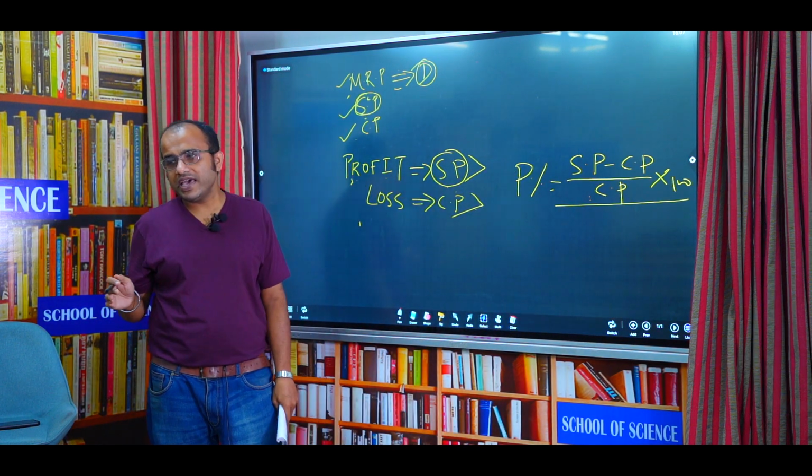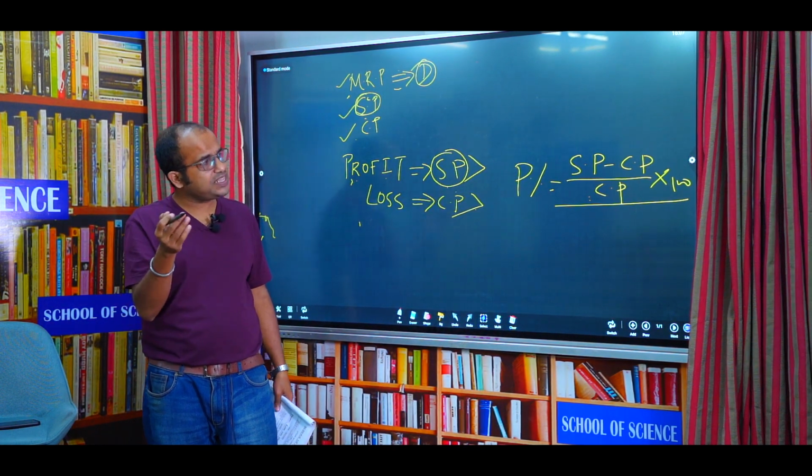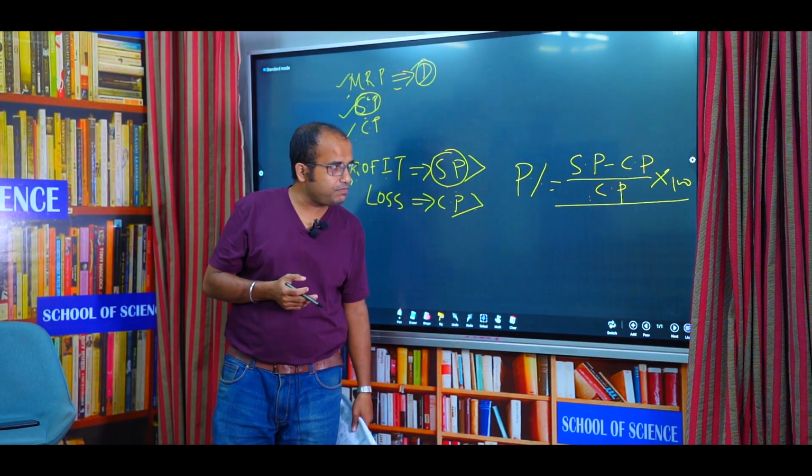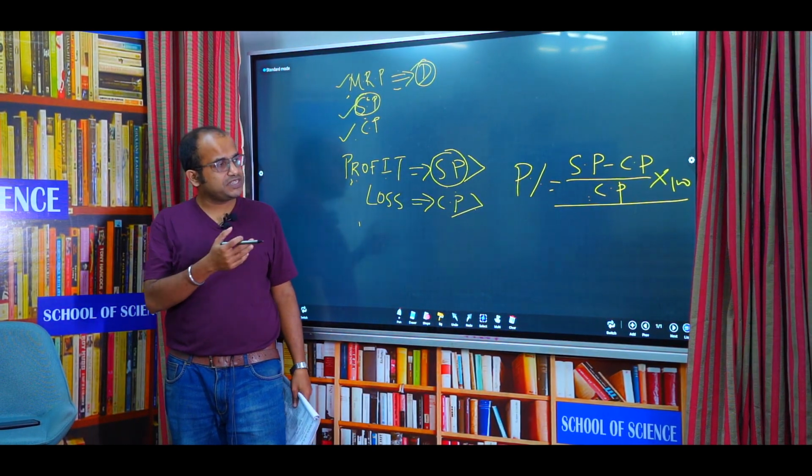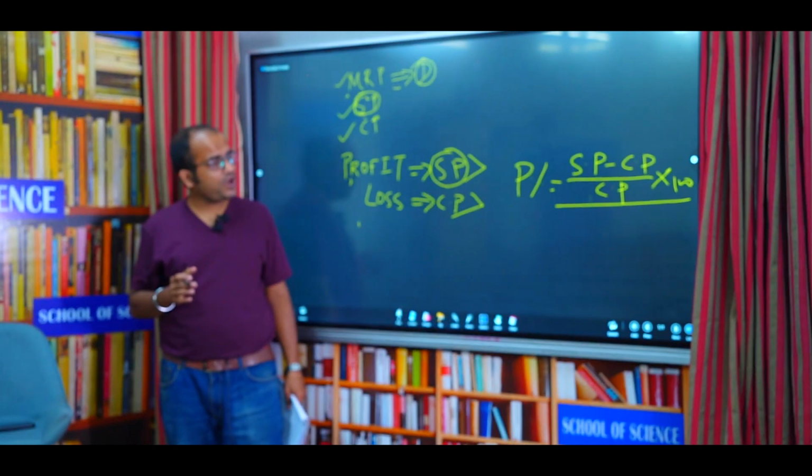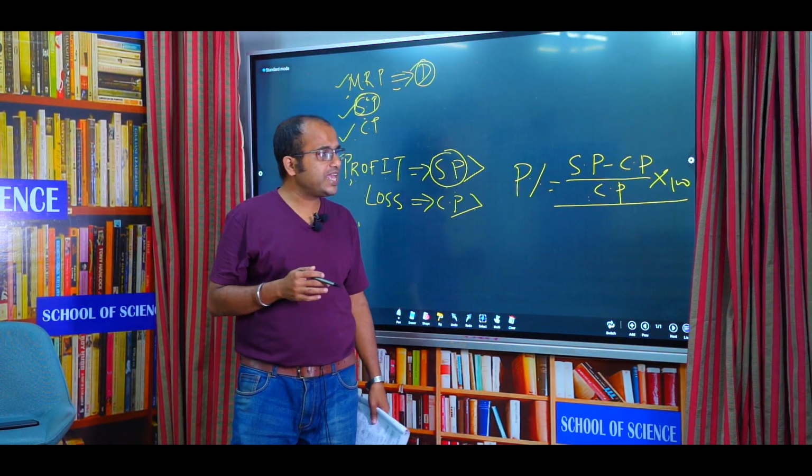This is the formula, and if you remember it like that, that you always divide by cost price, then automatically you can remember the basic concept, if you understand. So this is the formula for profit percent. Now next,